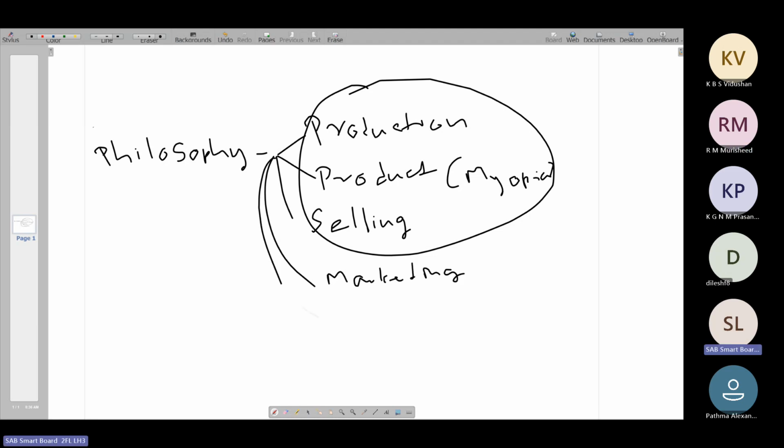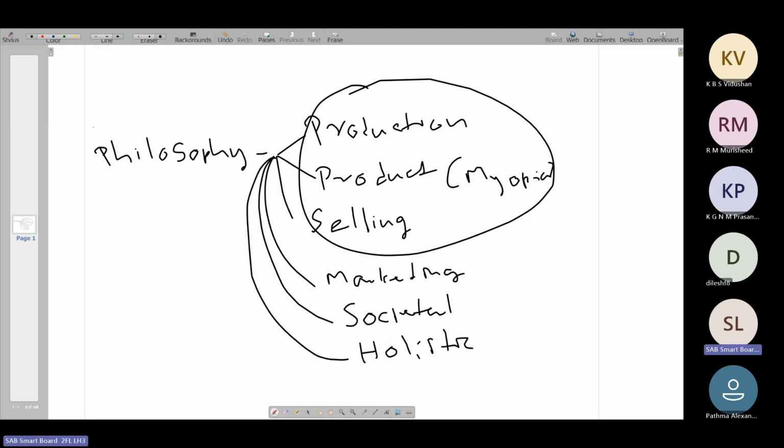and societal marketing, and the holistic market. So these three concepts considered the needs and wants, but there are different practices related to these three philosophies. Like the marketing philosophy, they did not consider the society, so the societal marketing philosophy came up. And the holistic marketing, which is considered to be the best philosophy that any organization can follow, because it covers every aspect that we need to consider. In holistic marketing, we say everything matters. So these are the different things that we discussed under this